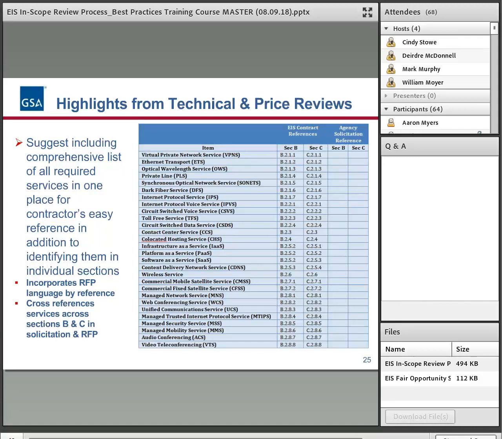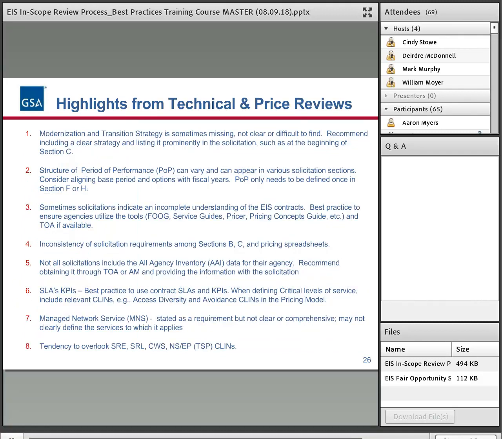So providing cross-references and noting where you've made these deviations is going to ensure that the vendors catch that, and it's going to save you time when it comes to evaluating, and not having to discuss it, or someone having missed it and it could jeopardize your evaluation. So that's one of the recommendations.